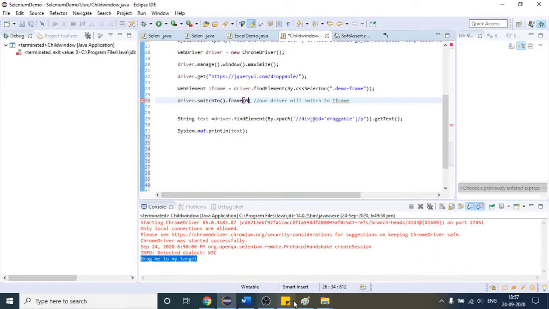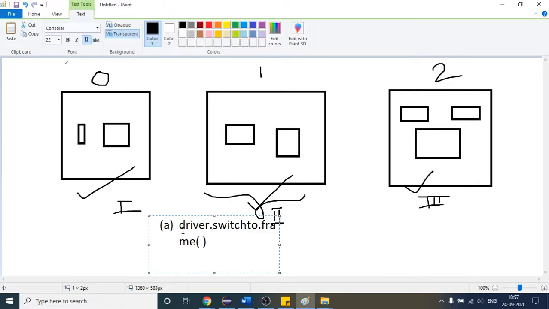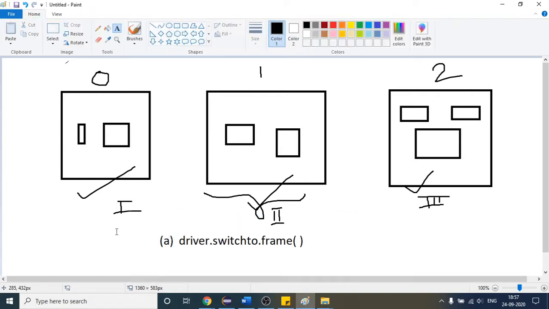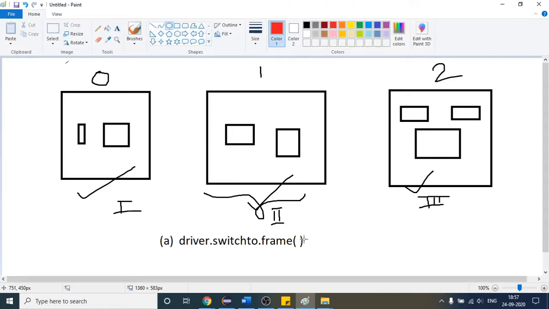Okay, if I come here again and paste this, after that if I write like this and provide 0 inside that frame method argument, it will select the first frame.